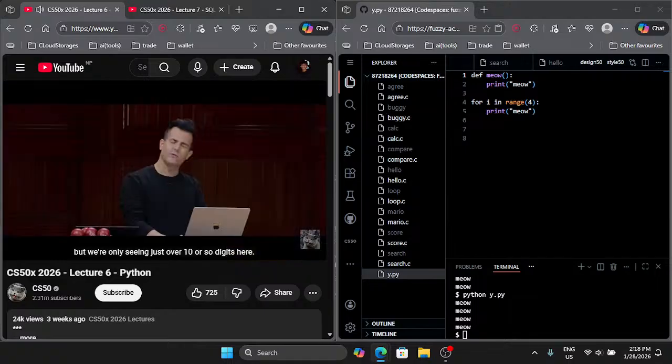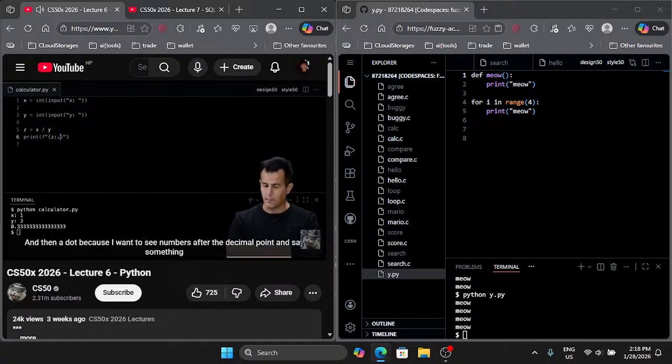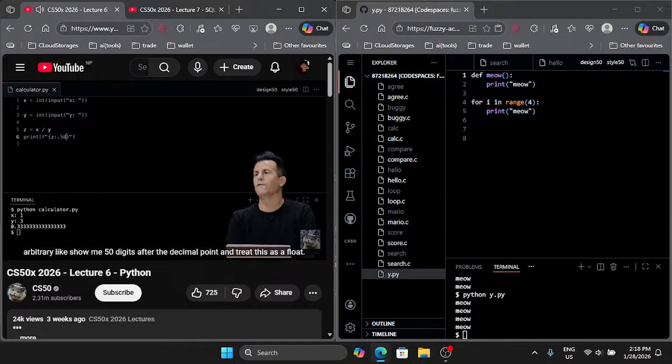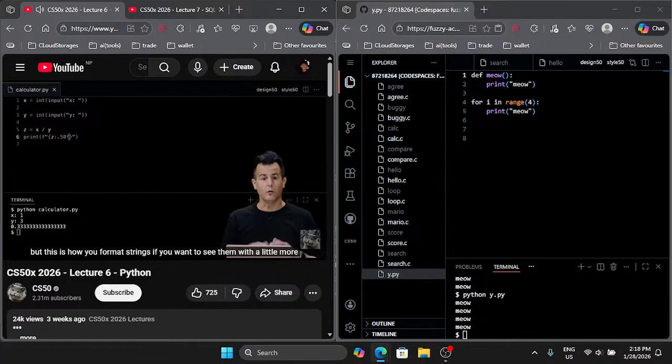But we're only seeing just over 10 or so digits here. What if we want to see like 50 digits and really start poking around at what's being represented? Well, the syntax is a little weird, but in Python, using an f string, you can do tricks similar to what we did with the %f with printf and C. And if after my variable's name in this set of curly braces, I do a colon and then a dot because I want to see numbers after the decimal point and say something arbitrary like show me 50 digits after the decimal point and treat this as a float, this is a crazy incantation, I do think, of a format string. Even I am sort of cheating off of the paper in front of me, but this is how you format strings if you want to see them with a little